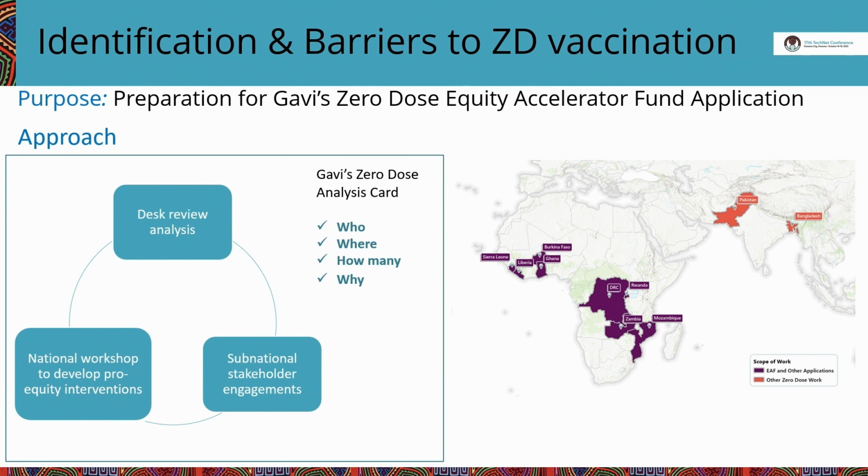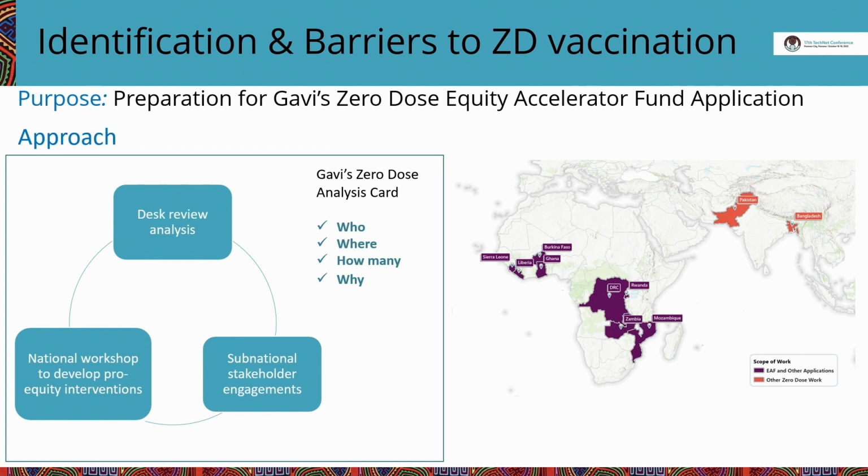So the approach was multi-phased. First, a desk review was conducted triangulating DTP1 coverage from admin data, because in the EAF, the definition of zero dose is any child who has not received DTP1 or Penta1 vaccination. So DTP1 data was correlated with survey data from DHS, MICS, post-campaign coverage surveys, UNICEF estimates, and IHME modeling data. This informed the prioritization of the districts where stakeholder engagements would take place based on the prevalence and burden of